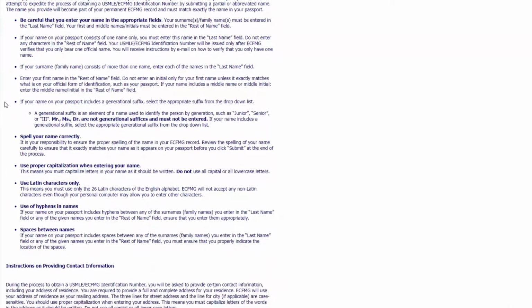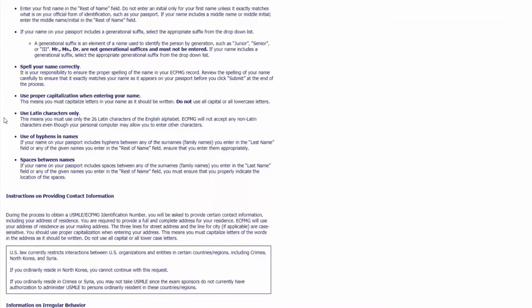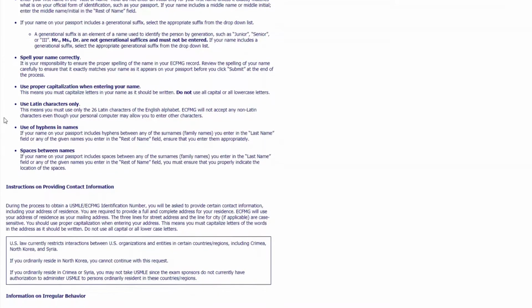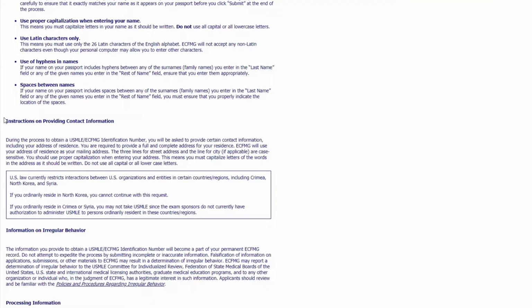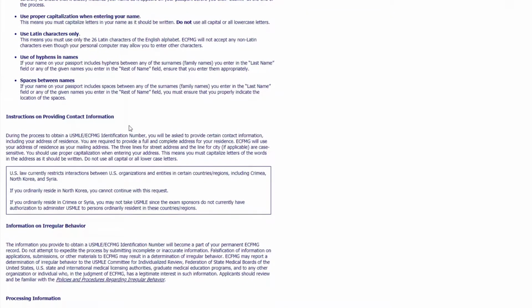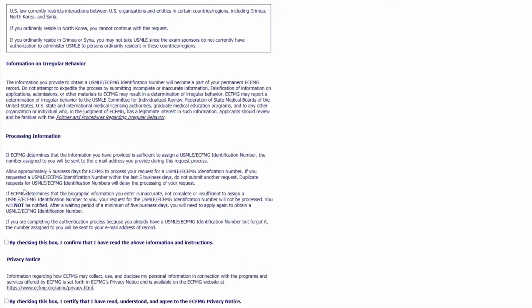Okay, and then you make sure you read all of these instructions on how to properly fill out the following application. Feel free to pause the video so that you can read what it says. Then you check mark both boxes and click next, and then